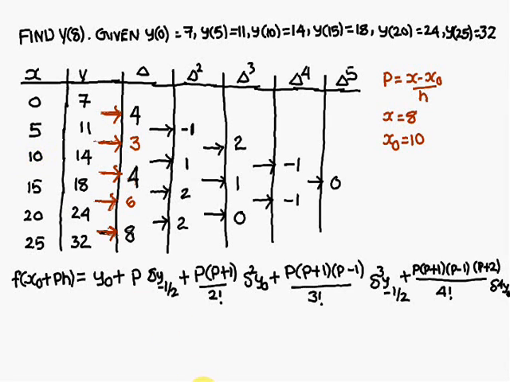So h is equal to 5, because the difference between the x values is 5: 0 to 5 is 5, 5 to 10 is 5, 10 to 15 is 5. Therefore the h value is equal to 5. So from this, the p value you are going to get is minus 0.4. Okay, so next we have to find out what is y naught, delta y minus 1 by 2,